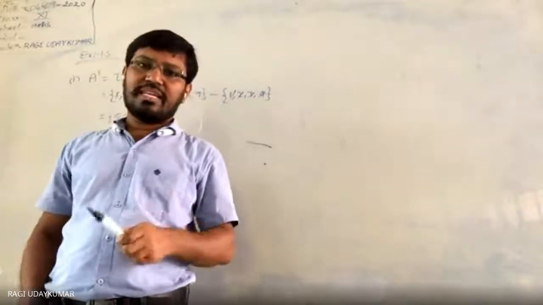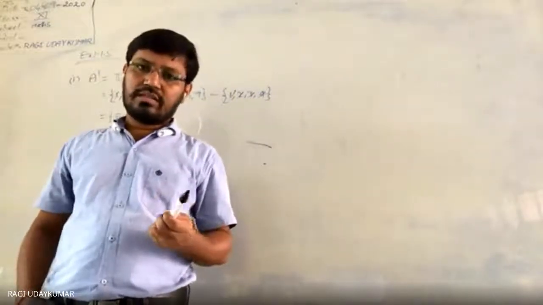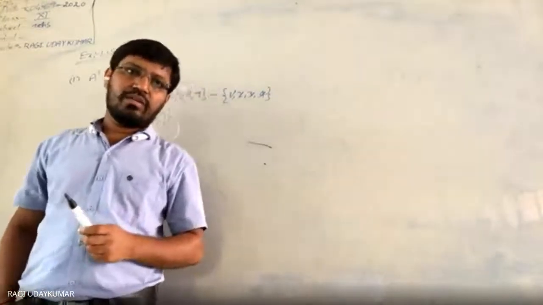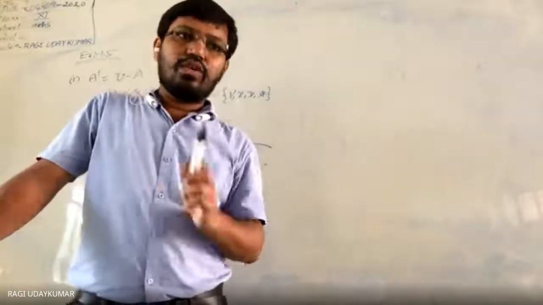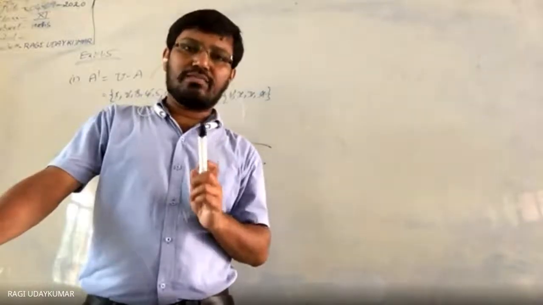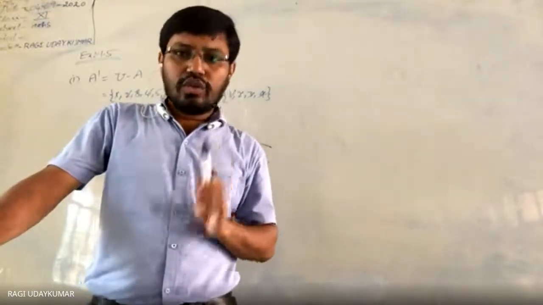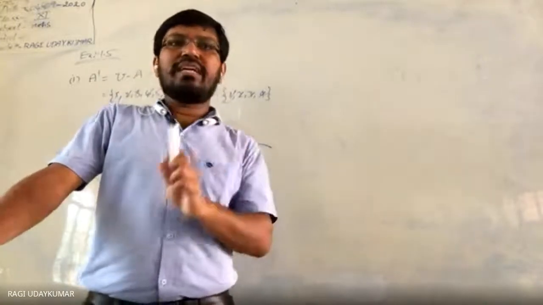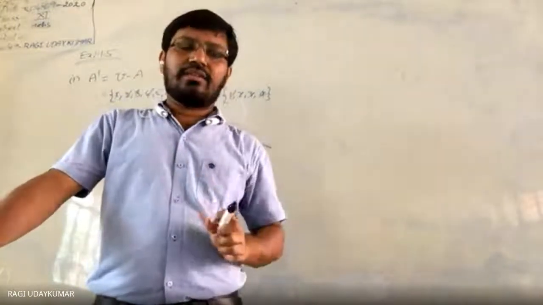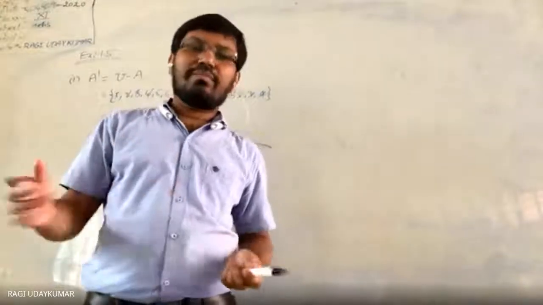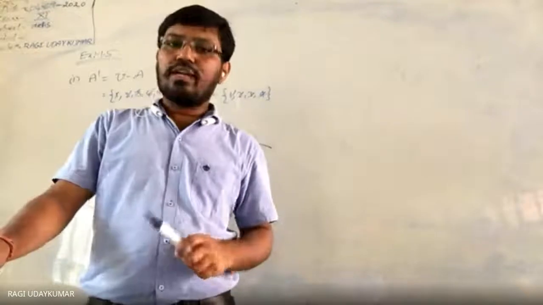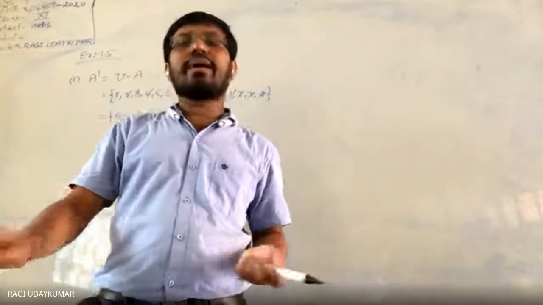Positive multiples of 3, complement is x such that x is not a positive multiple of 3. Do remember, the universal set is the natural numbers, so keep that in mind. Positive multiples of 3 is a set, so the complement is the numbers other than multiples of 3. If you want to write in roster form, you can write.